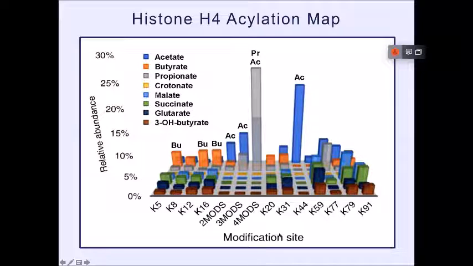This is a histone H4, just one of the, actually it's mostly H3 and H4 that are acylated. It just shows the different compounds that are substituted on different sites in the protein. So these are all the potassiums shown here, and acetate is right there. So potassium 44 in H4. So this again is another way of looking at how complex the system is, and what we need to do